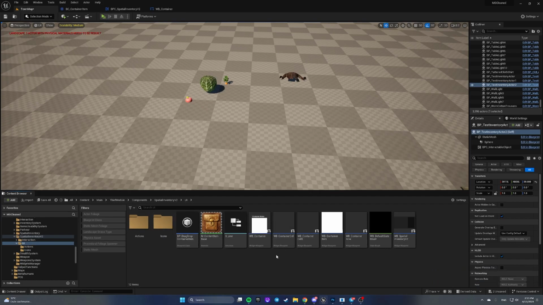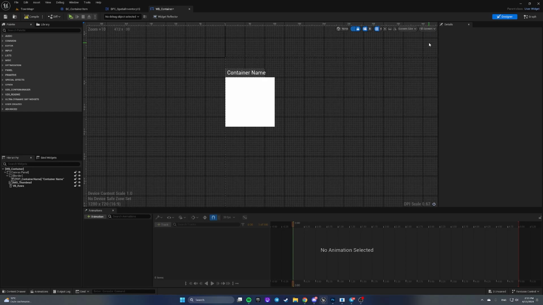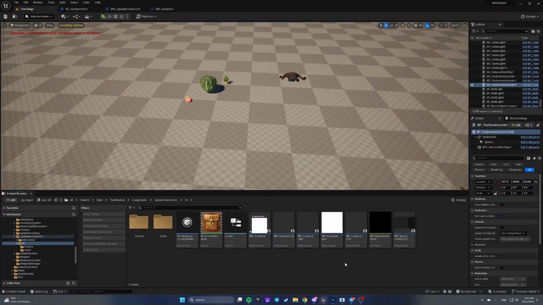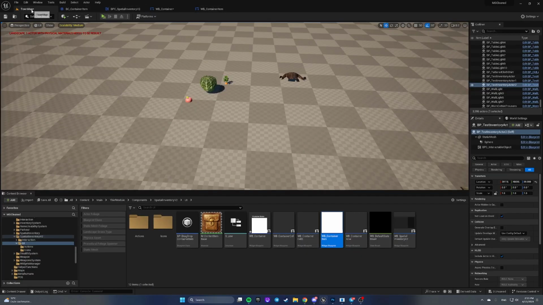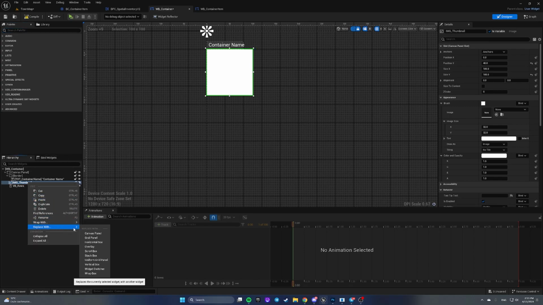Let's open our widget blueprint container. Here it is. Let's make it fill screen. And instead of using an image here, we can use our VB container item, but with some changes. So let's open container, and instead of image, let's add, maybe we can just replace it. Replace with, let's replace it with